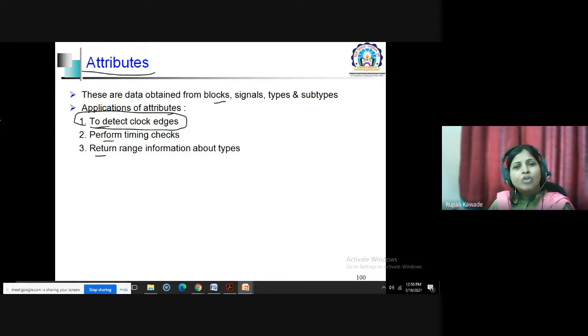If the clock is absent, your output will not change in the case of flip flops. Fine. So it's important to detect clock edges. How will we detect whether a clock edge is present or not? Only if that particular clock edge is present will your output change. Otherwise, there will be no change in the outputs. Fine. So we will see how these attributes are used to detect clock edges.